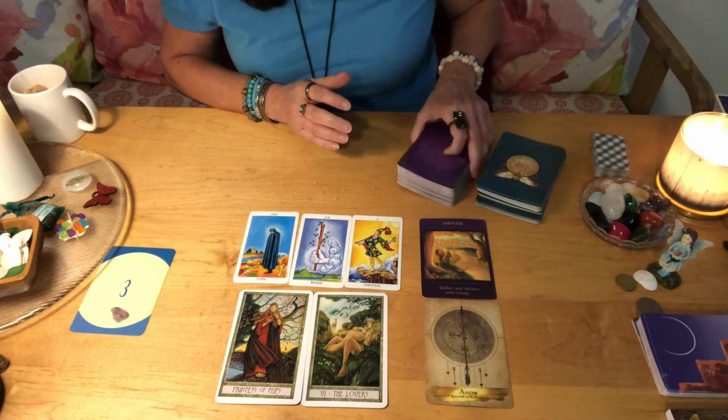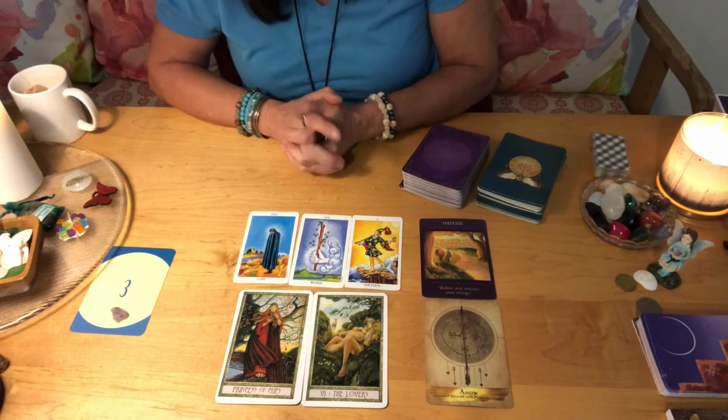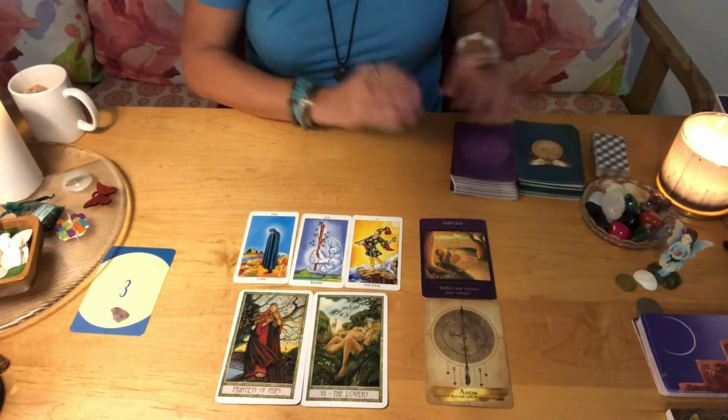You follow your heart, which is always good advice, but I feel like it's particularly important in this particular situation. What is your heart telling you here? Okay, I think I'm going to leave that there. It feels a